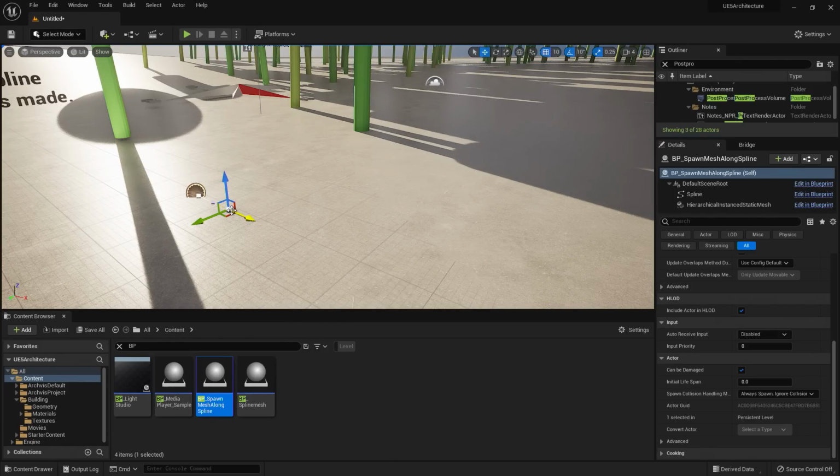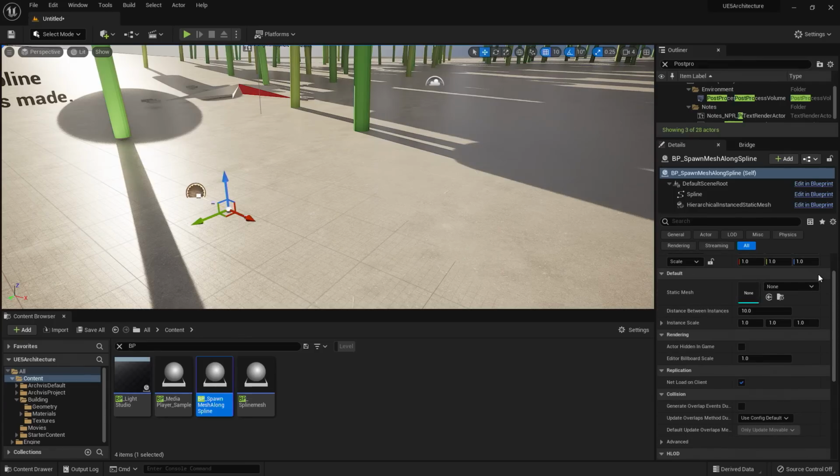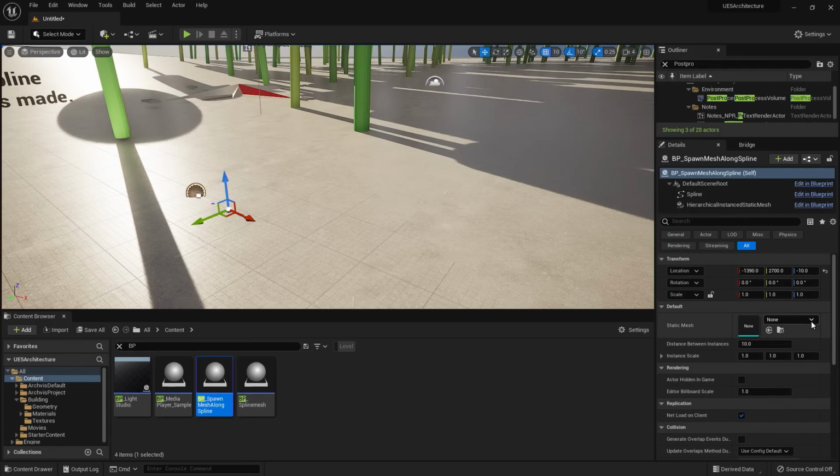If I go over to the right-hand side and scroll all the way up, you'll notice that we have our Blueprint Spawn Mesh Along Spline, we have our spline, and a hierarchical instance static mesh. So the static mesh is something that we can apply here.